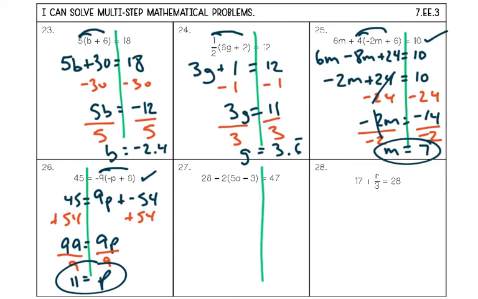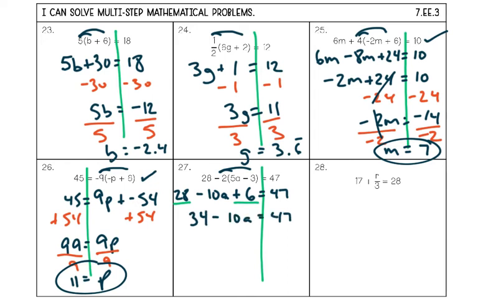I want to point out that since you see a number next to the parentheses, you're going to multiply, but you're going to multiply by that negative 2 because it is a minus 2 or a negative 2. So you should be distributing that negative 2 to each of those terms. That gives me negative 10a plus 6. Now I'm going to bring everything else down, and I'm going to see if there's any like terms I can combine. 28 plus 6 is something I can do, so I'm going to go ahead and do it